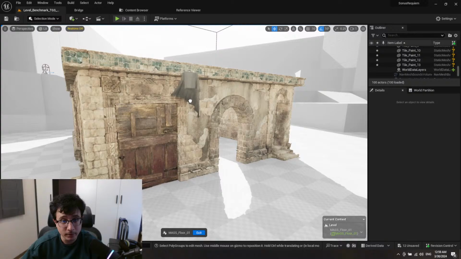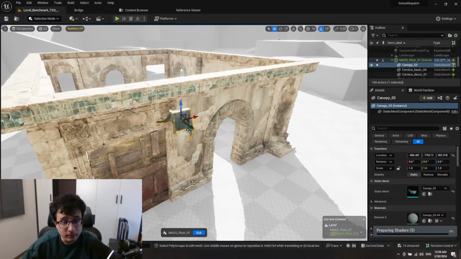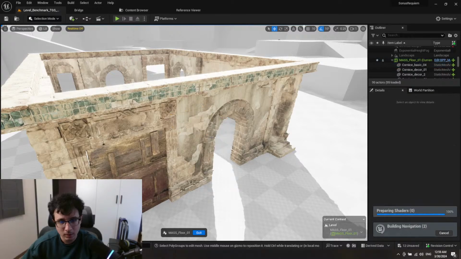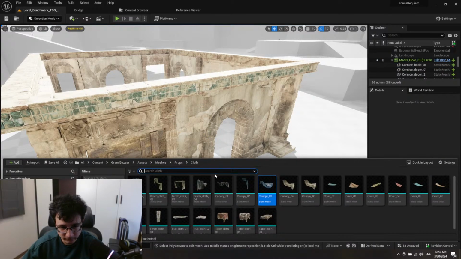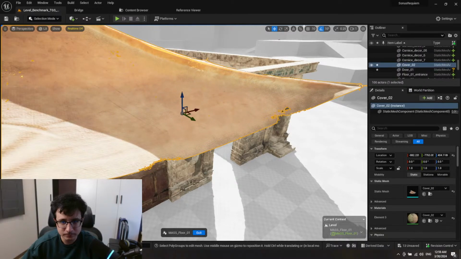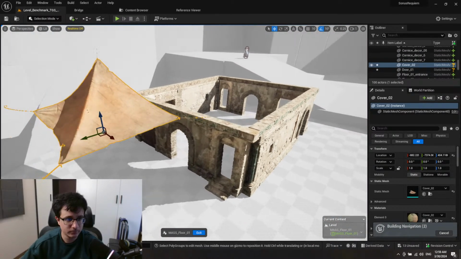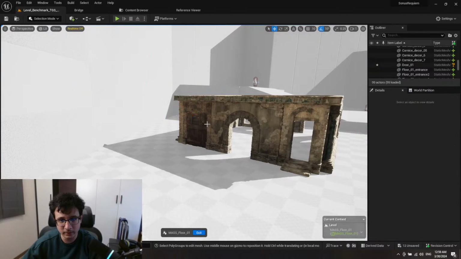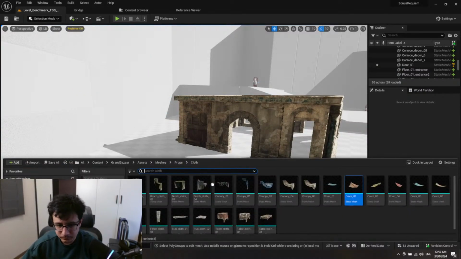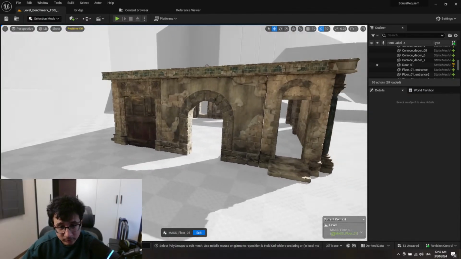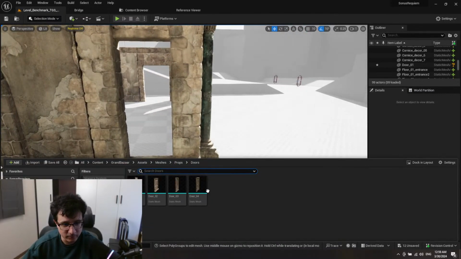I think this is really cool, really cool stuff. Let's see if I can find maybe a cover. Oh, we can use these ones to connect between different buildings. Debris, we don't really need it. Doors. Let's finish with the doors first, and then we're gonna go for